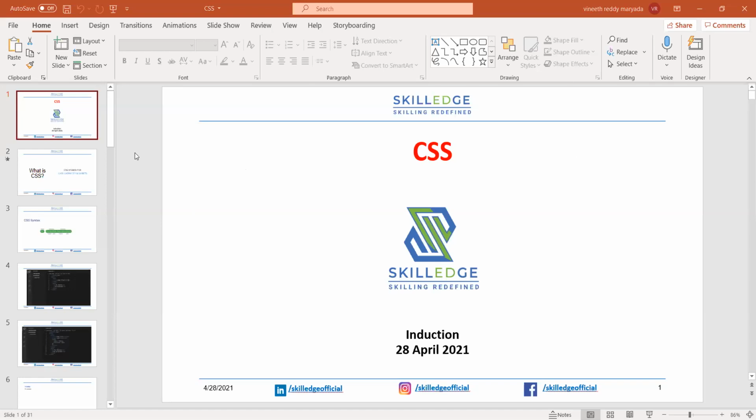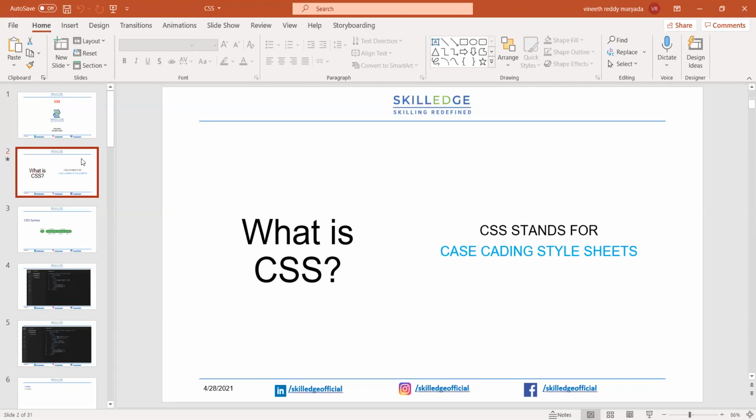So in this session, I will give you a brief overview of what CSS is and how we are going to use it in HTML. First of all, CSS stands for Cascading Style Sheets. This is the full form of CSS.